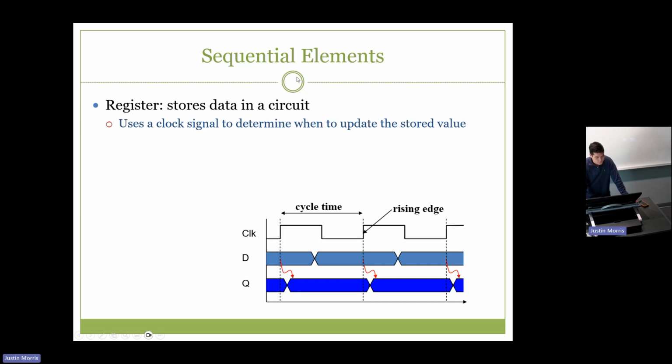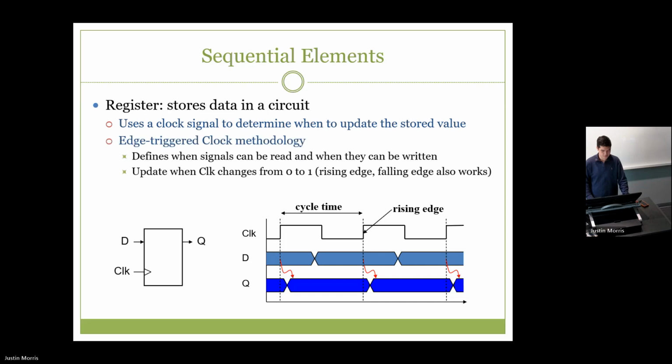So our sequential elements, like the register, are going to store data in the circuits. And it uses this clock signal to determine when to update the stored value. So this is mostly review from 231. We just want to make sure that we understand that we are using these edge triggered flip-flops,